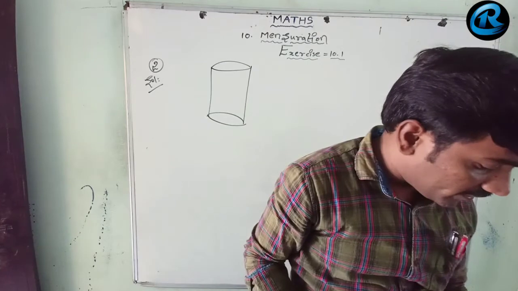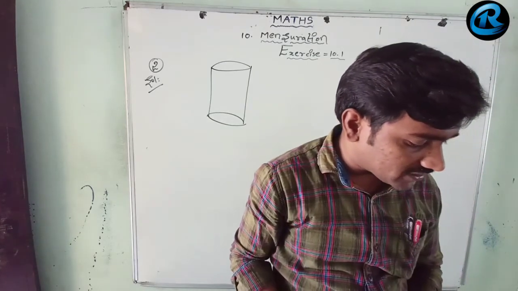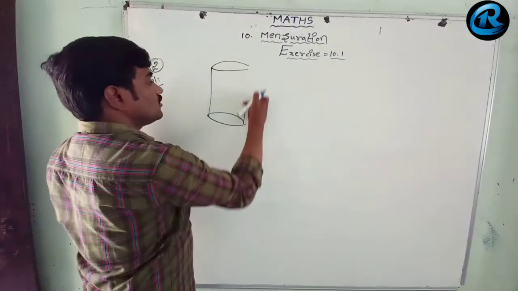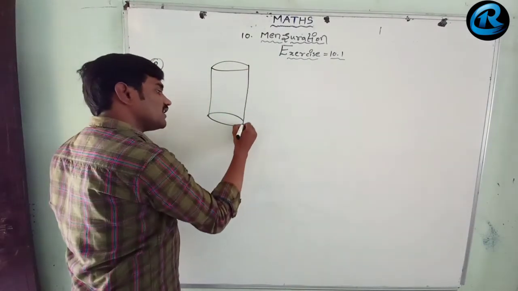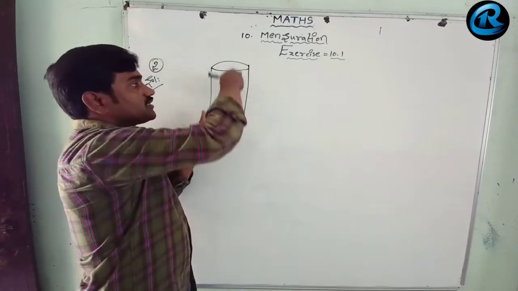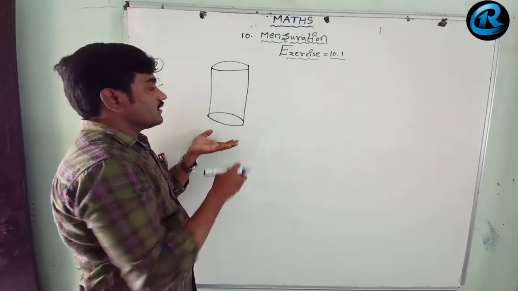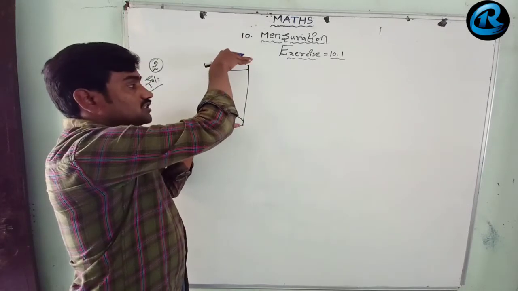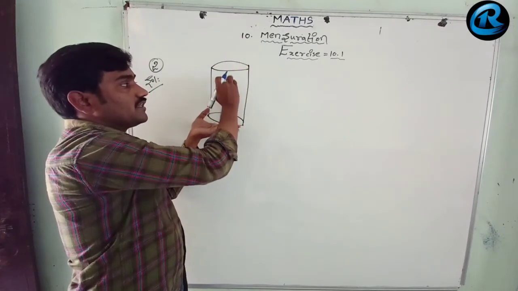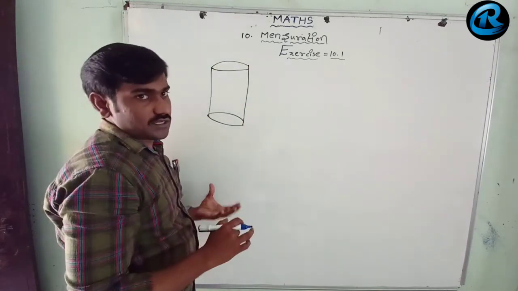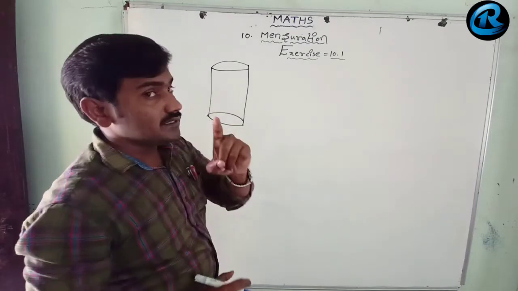A company was ordered to prepare 100 paper cylinders to pack the shuttlecocks. To pack the shuttlecocks, this kind of cylinder-shaped thing is required. In this they will pack the cocks. They have to cover either side also, so that the cocks stay settled in this. If it is open, there is a chance of the cocks falling down. So you should keep this in mind.